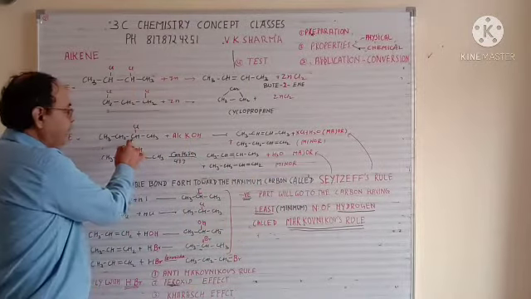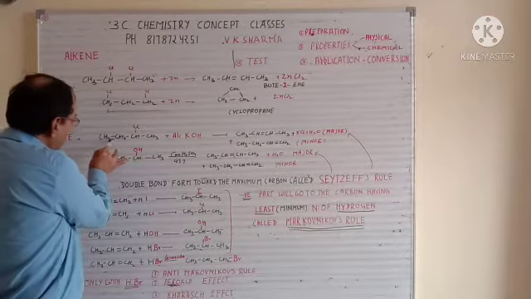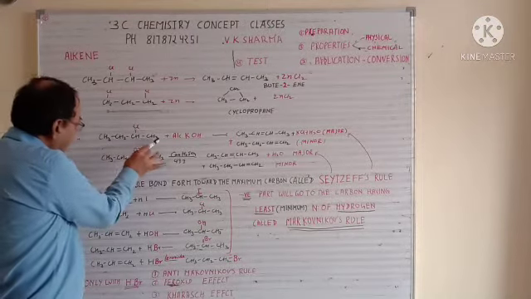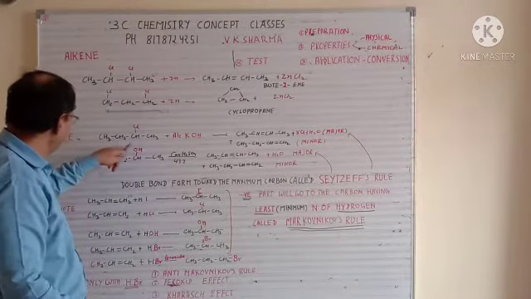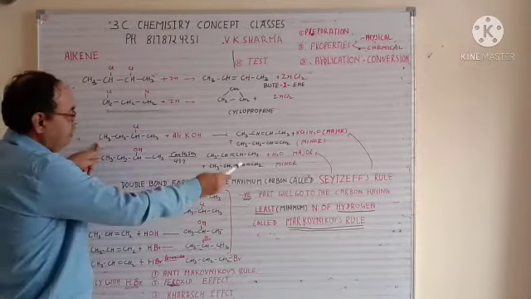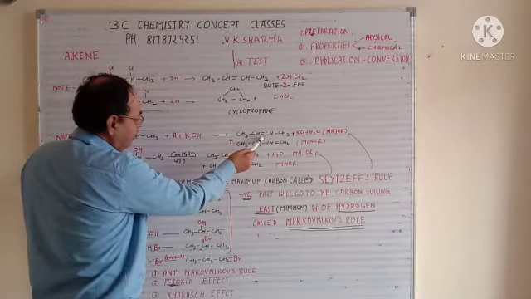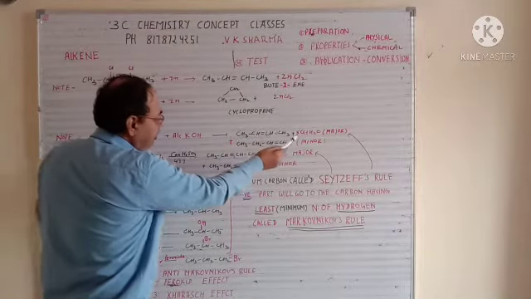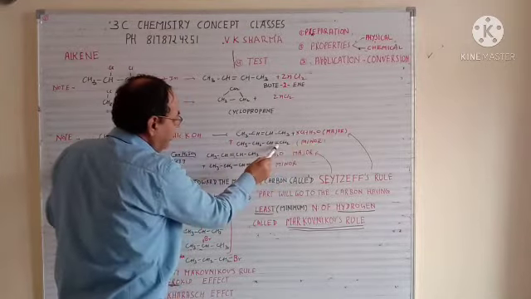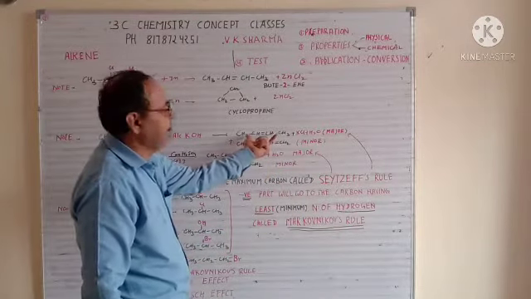So when the double bond forms, it will form on this side because the number of carbons is greater there. Here it will give a very small quantity, but the majority of the quantity will have the double bond on this side. So if you look carefully, when we react with alcoholic KOH, the double bond is formed toward the side having the maximum carbon, which is the Saytzeff rule. So this will be your major quantity, and at this point it is a minor quantity, a very small quantity. So we always consider the major quantity.